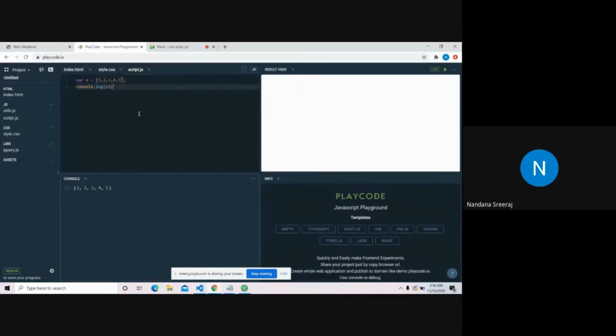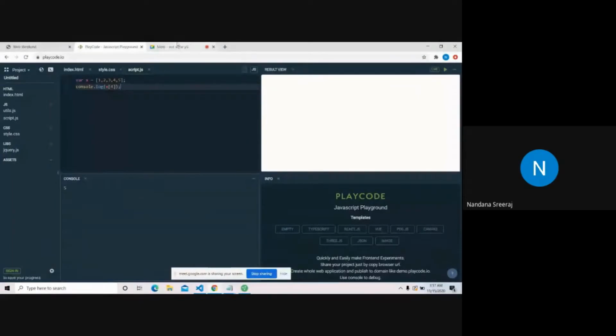And we can also access individual elements of this array. This is the array, this is the syntax of an array having 5 elements. How can we access individual elements? For that, we have something called indexes. The first element is stored at the 0th index. The second one is at the first index, then the second index, third index, and fourth index. So if we give x of 0, we get the first element. X square bracket 0 gives the first element. X square bracket 4 gives the last element. So yeah, this is what is called an array.